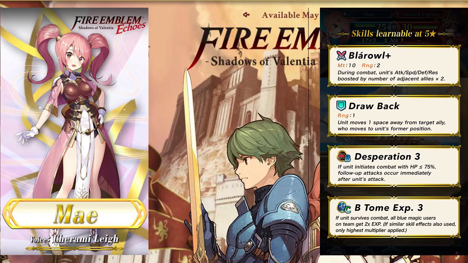Okay, so that's the same thing as Bowie. So my thoughts on that will be the same, but let's look here. Drawback, okay, so that's pretty standard. Desperation 3, if unit initiates combat with HP of less than 75%, follow-up attacks occur immediately after unit's attack. If unit survives combat, all blue mage users on team get, okay, so this is just an EXP. So there's not much to say in terms of May's base